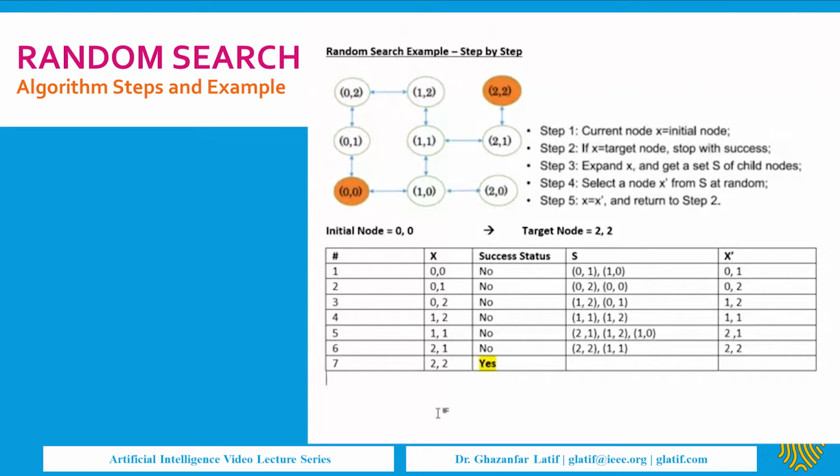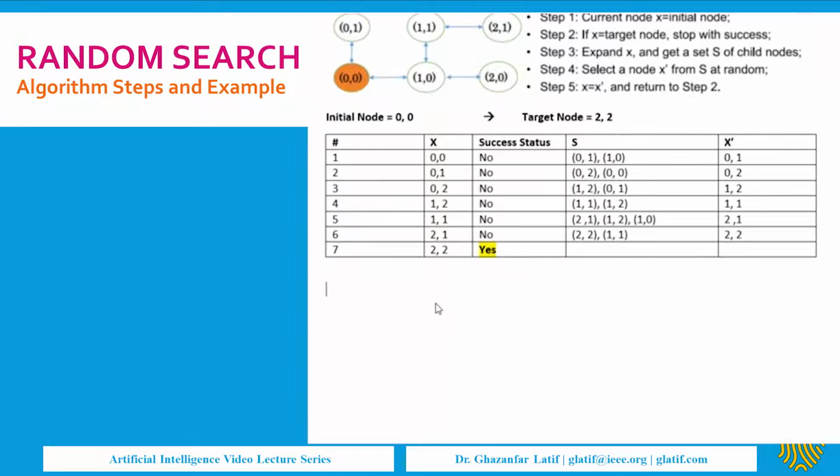But this is not the case every time. There is a chance that we can have selection of other nodes from the S also, which will lead either to a continuous loop or to additional nodes which are redundant, and we don't need to visit them, but we are visiting because it is based on the conditions or the steps of the algorithm. This is just one example.